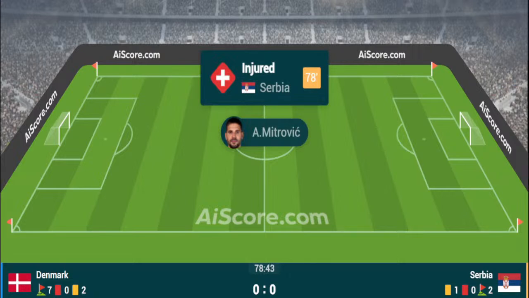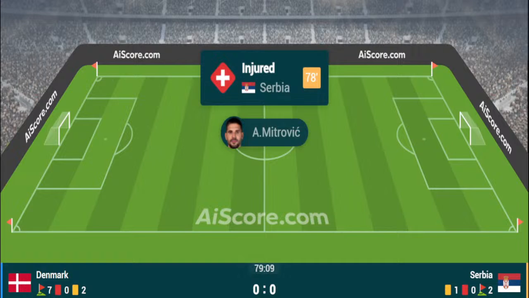Tadic, what can he conjure on the right hand side? 2 yards in from the touchline on that right hand side, inside the Denmark half. All this is being played. Everyone behind the ball now for Denmark, and Mitrovic is down in a heap, but he's beaten the turf, and Mitrovic is in some degree of discomfort, clearly, and it's going to be to see exactly.